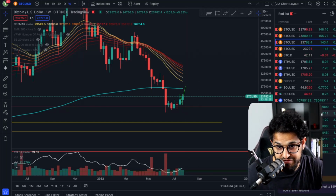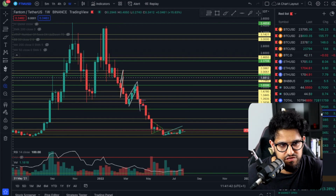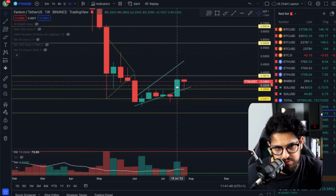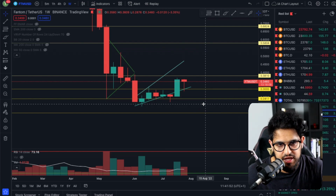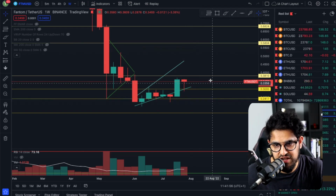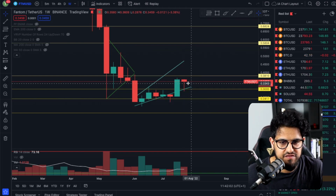Let's take a quick look at Fantom, because Fantom is up 3.3% here today. Really powerful day. I think what's interesting with Fantom is, again, just that relative strength, right? You've heard me speak about this a few times on Fantom, and it's just had a good couple of weeks here, similar to Bitcoin, following the path here. Although this week, it's not had as strong a week as Bitcoin, right? It's finishing the week off here in the red, 13 hours before this weekly candle closes, and it looks like Fantom may just try to close that in the red. I mean, it's up 3% as we speak on the day, but can it finish this candle in the green